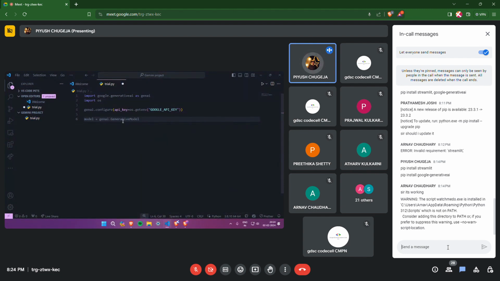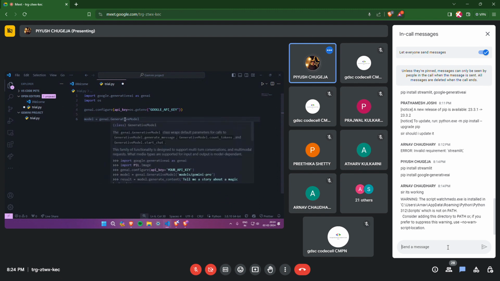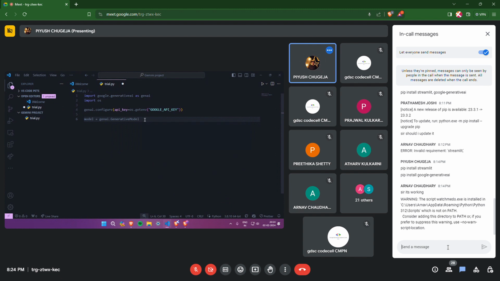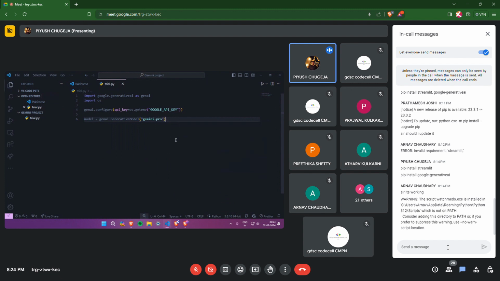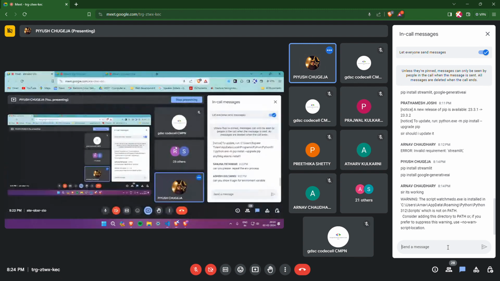We are using a generative AI model, so we'll use this class of Gen AI called GenerativeModel, and we will ask for Gemini Pro. We know the basic difference between three Gemini models: Nano, Pro, and Ultra. Pro is publicly available for us. We use Gemini Pro.